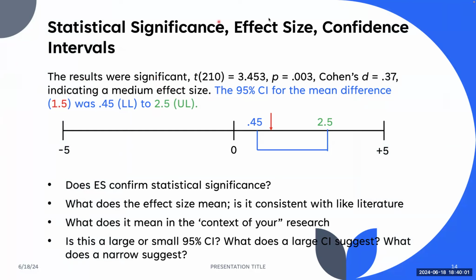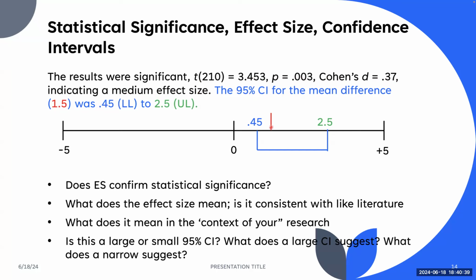So again, here we're saying, don't worry about this. The results are significant. It was a t-test. This was that calculated critical value that was compared against something, and it resulted in the p being less than 0.05, and we know that was significant. We know that the difference was 0.37 points of a standard deviation, and again, that's kind of like what Cohen calls a medium effect size. But now the 95% confidence interval for that difference,